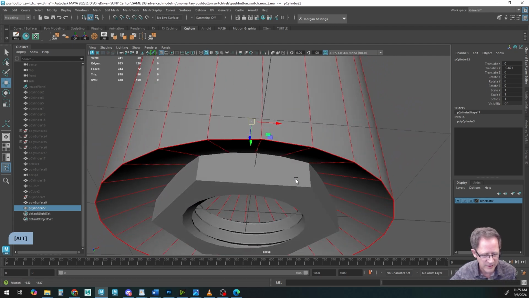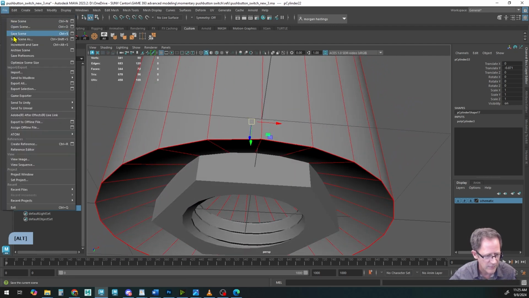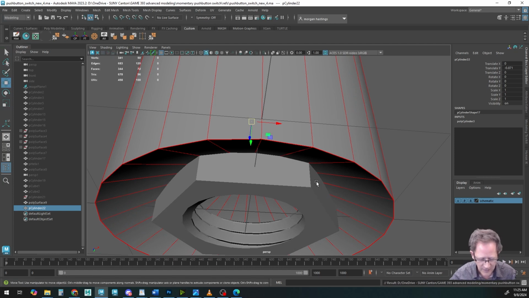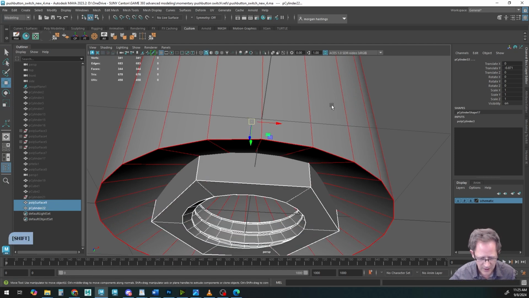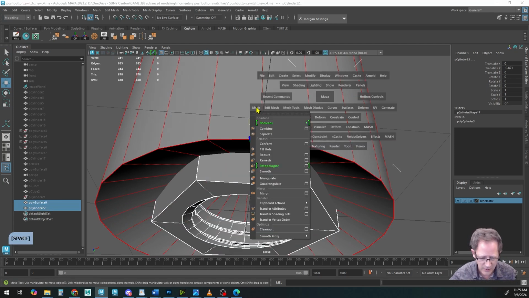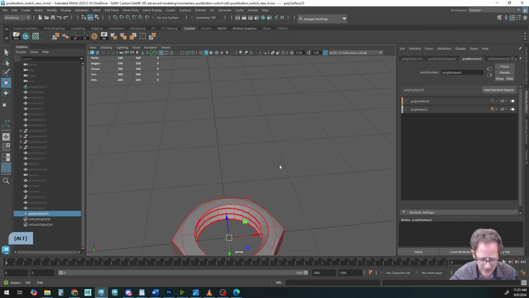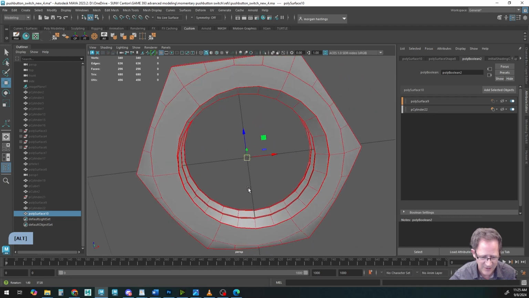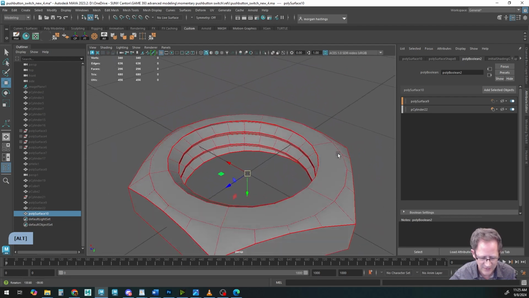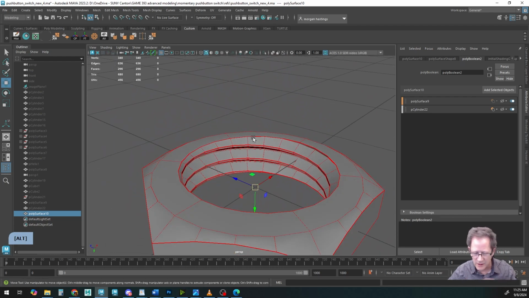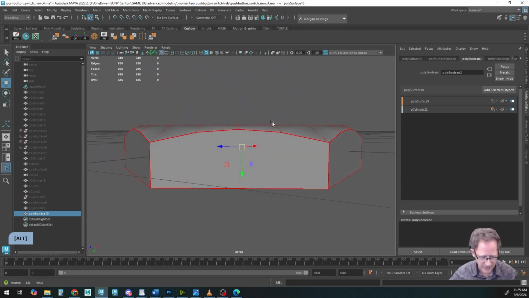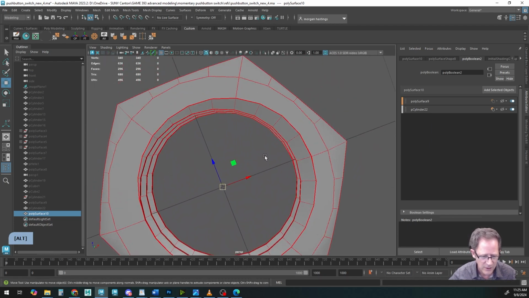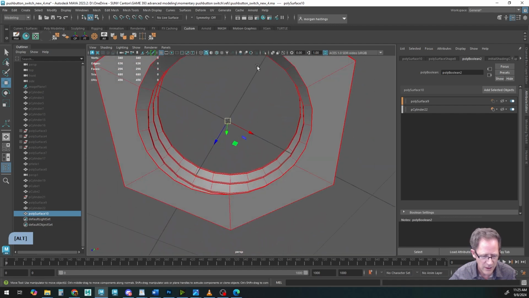I'm going to save it before we do anything crazy. Actually, I'm going to add a new one just in case something happens. Then I select our nut. I select our cutting object, I go to Boolean, I go difference, and look at that. Isn't that gorgeous? Look at that top. So neat. Okay, so we need to do that also on the bottom. But I think what we're going to do is